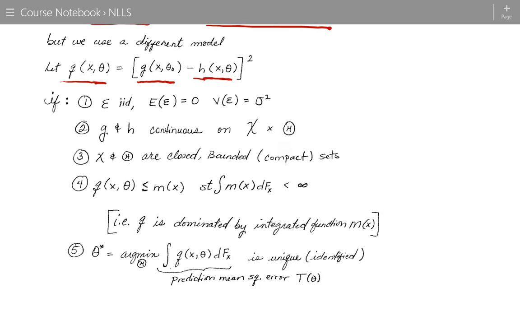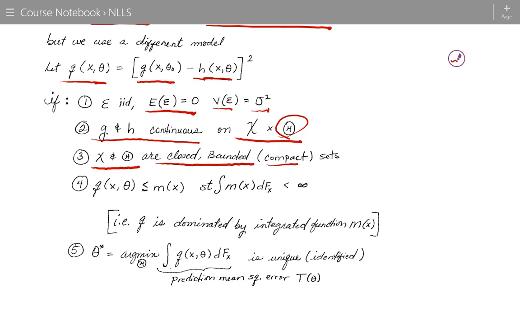So if the error term is IID, the expected value of epsilon is 0, and the variance is sigma squared, if g and h are continuous on both x, the space of the random variable x, as well as the parameter space itself, and if these are closed and bounded, which is a compact set,